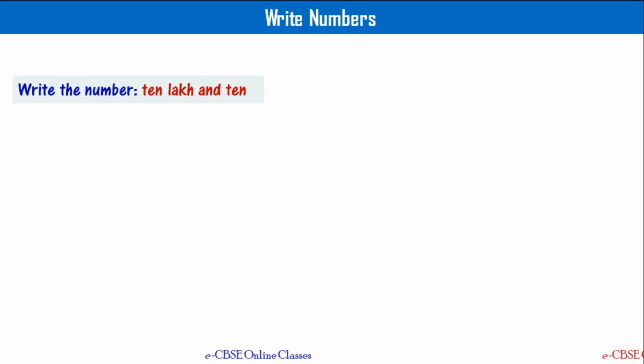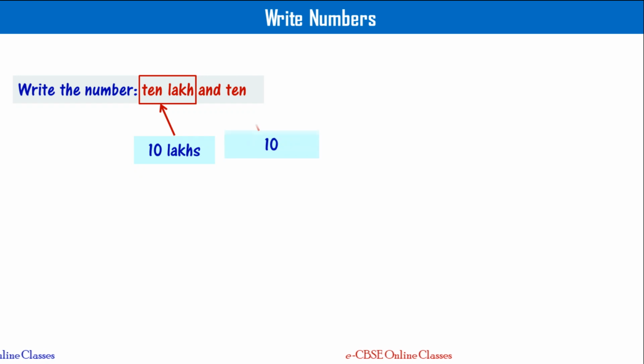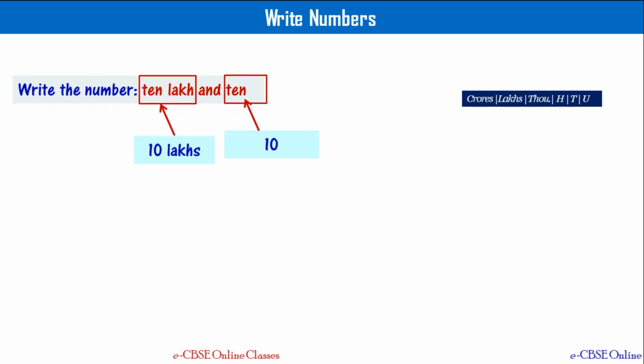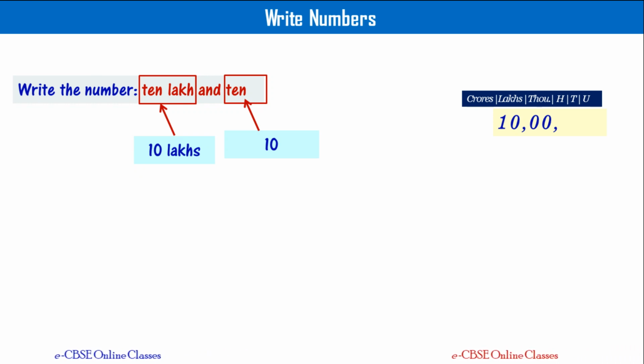Let's write this number, 10 lakh and 10, in the form of digits using the Indian system of numeration. So we are given 10 lakhs and 10, right? So in the lakhs group, we can straight away put 10 and put a comma there. Since there are no thousands mentioned in the text given, let's put 2 zeros in the thousands group. And then we have only 10, right? It means for the place of hundreds, there is nothing. So we put 0 there and then write 10. It means for the ones group, we have to write 0, 1, 0.